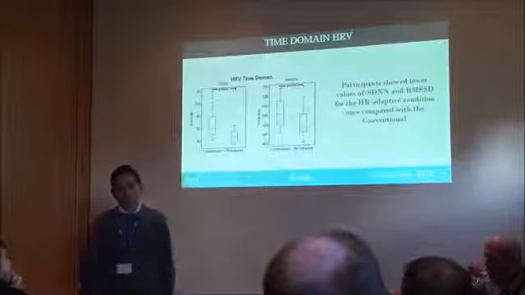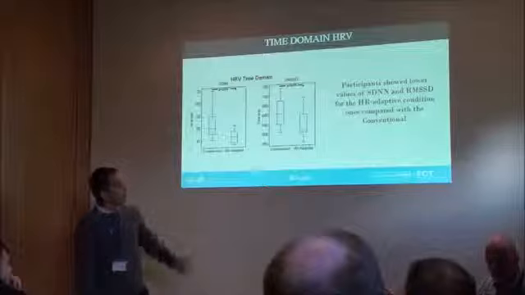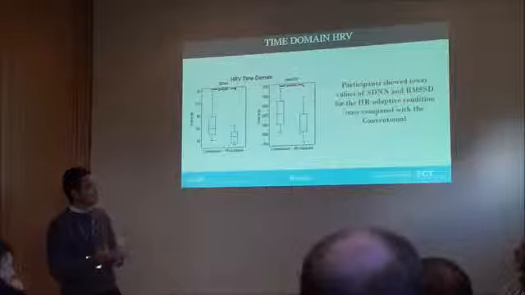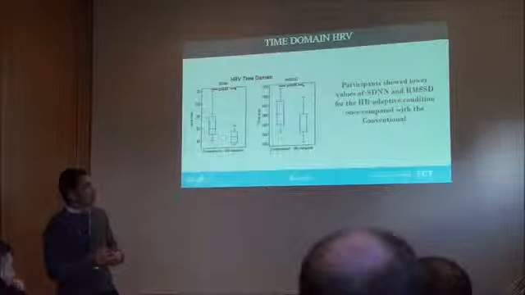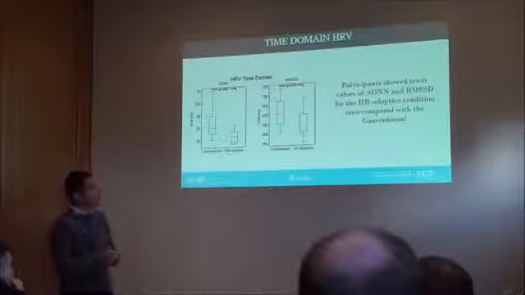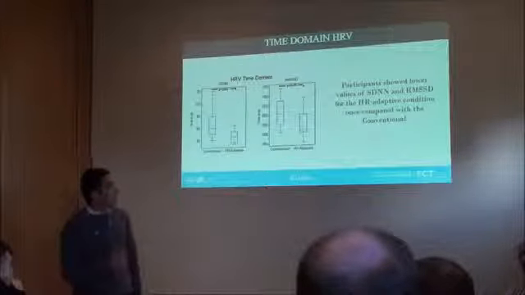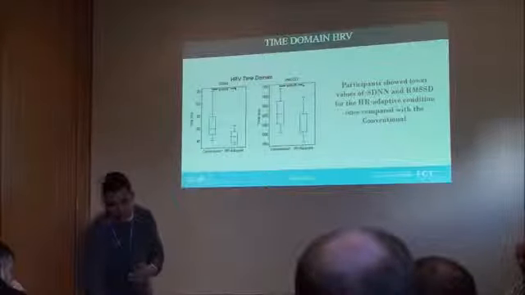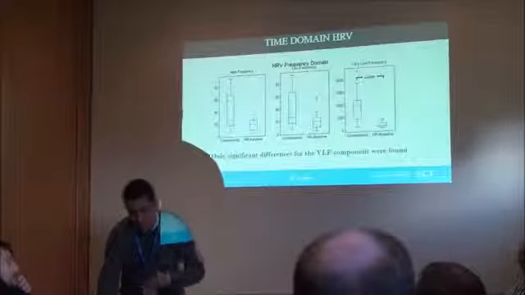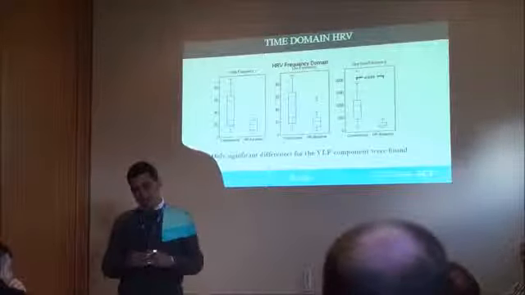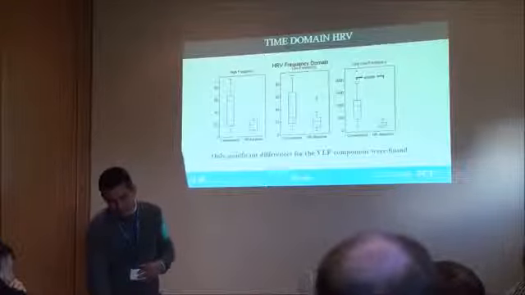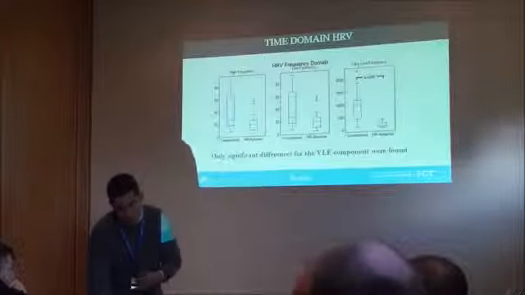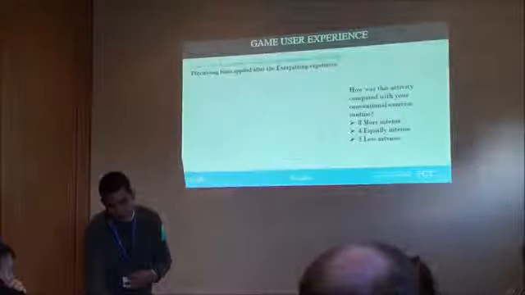So we also computed some heart rate variability parameters, and they show some values in the standard deviation of these normal peaks and the root mean square as well. All of them, once compared with the conventional exercise, showed lower values. So we got lower values of heart rate variability during this adaptive Exergaming. And we have some time and frequency domain variables in which we can see some differences, especially in the very low frequencies for the adaptive Exergaming.